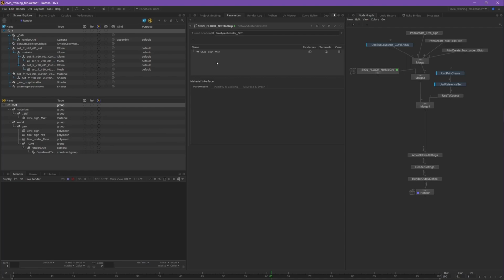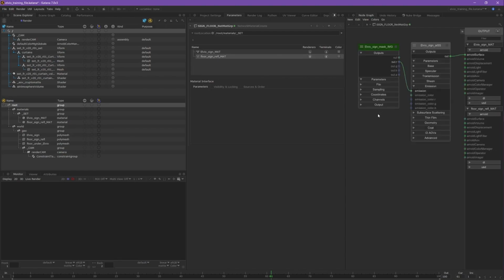To add another material to our network, you're going to hit the plus button, add network material, click to change the name. This is going to be our floor sign reflection material. All right. Then we're going to go back into the network. We're going to hover over our node graph, Arnold shading node, and if you notice, we have our LVO sign here, and we have our floor sign reflection down here. So we're going to connect it up,